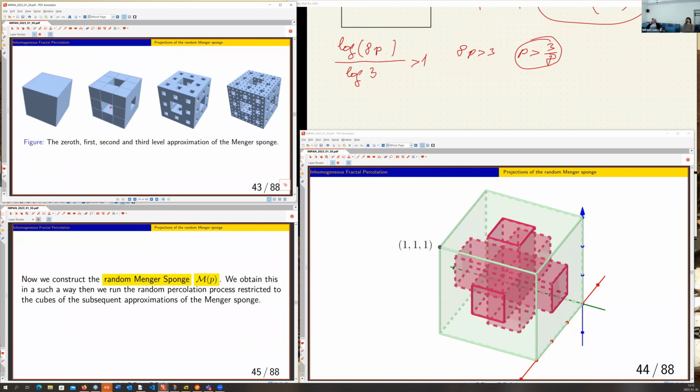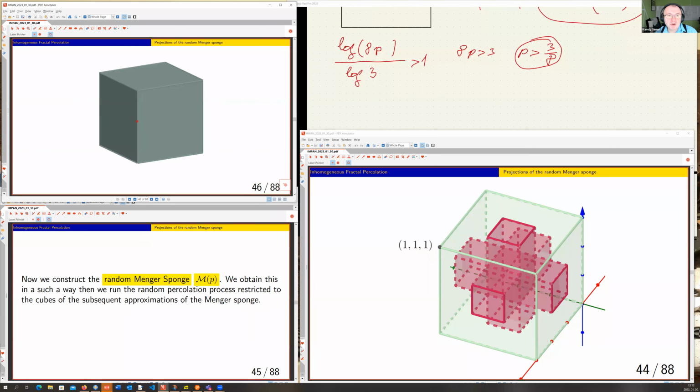Is the definition clear? We run the same random process. What we did for the unit square at the beginning, for each retained level and square, you divide that into 27 small squares. There will be a picture about this. So this is the cube, and then you divide it into 27 cubes of side 1/3, and among these 27, you remove the Quasimodo, and after the Quasimodo, you have this,